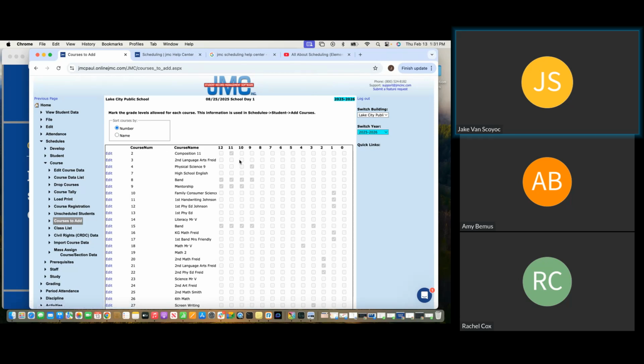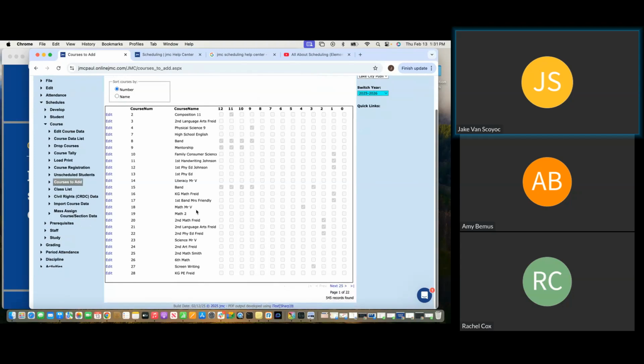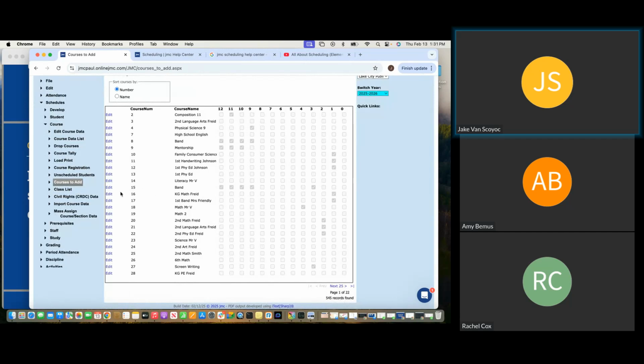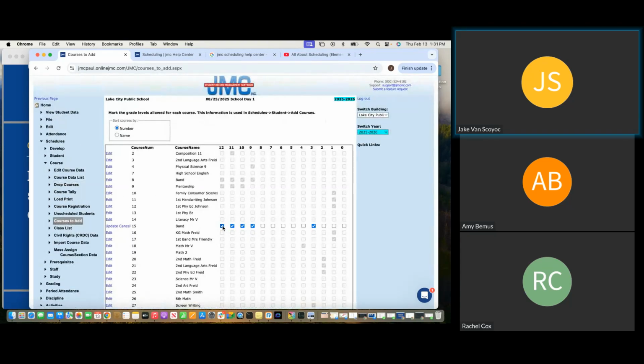And then for the electives, you can go in here and say, all right, I'm going to allow my ninth graders and 10th graders to sign up for Math 2. That's not really much of an elective. Find something that might be more of an elective. Here, band. Exactly, band. I'm going to allow anybody that's in high school to sign up for band if they want to. And once you've got these courses to add set, then your students can go in,